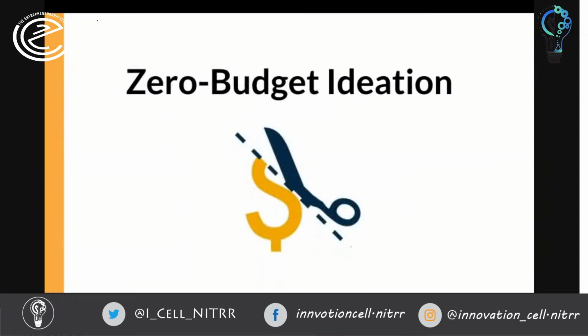Now you may think that this is completely uninteresting, and suddenly we had so many superpowers and now everything has been taken away, there is nothing, not even money, and we are ideating on zero budget. So this may feel a bit bad, but reality is like this. Most of the time you are ideating on the problem that you're trying to solve, especially in a developing country like ours, and we are experts in jugaad. So we can do miracles on a zero budget.